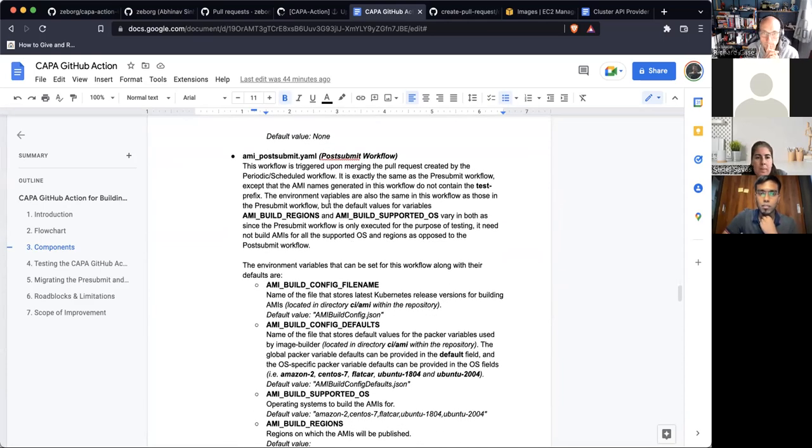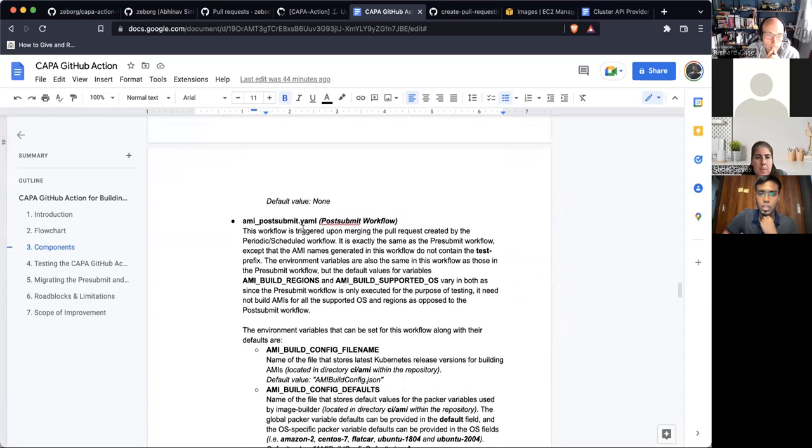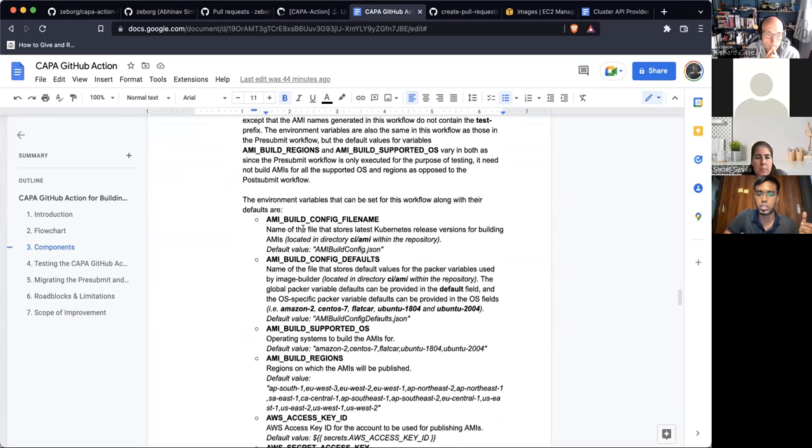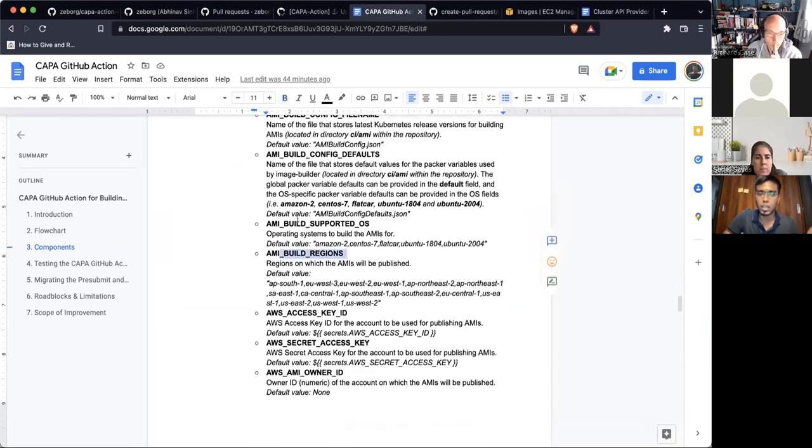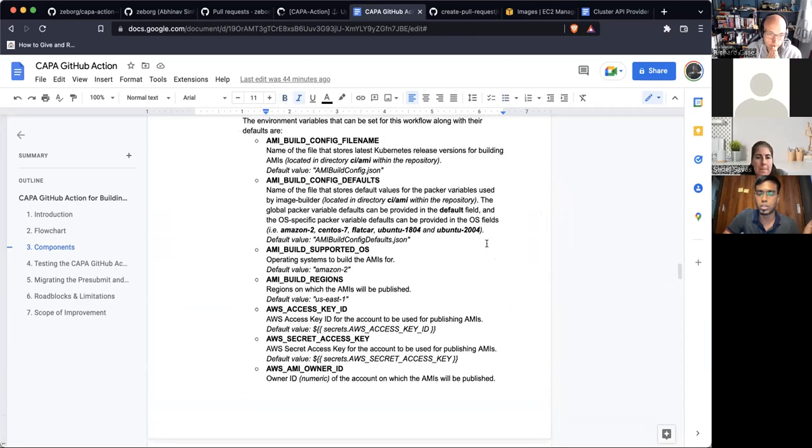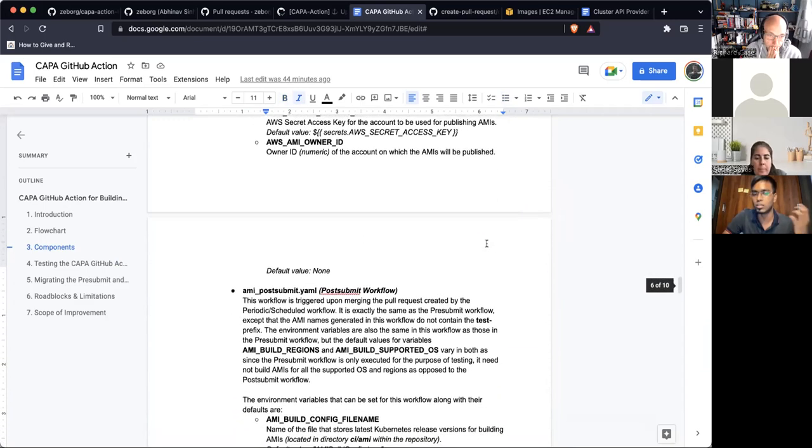And then we have the post-submit logic. It's pretty much the same as the pre-submit logic, except that we have two things changed here. One is the build region and the other is the supported OS. The default values for these are different, because in case of testing, we do not need to test it for each and every OS. We can just simply use